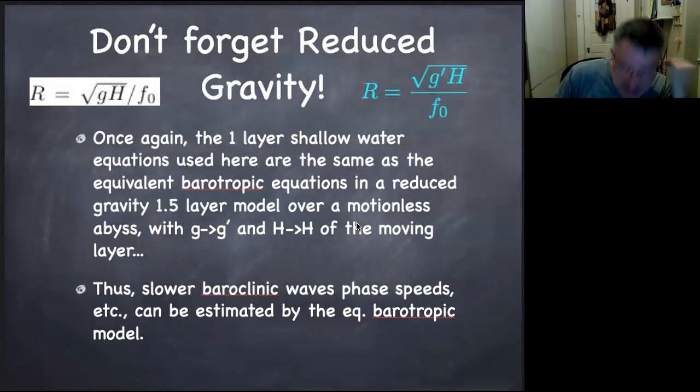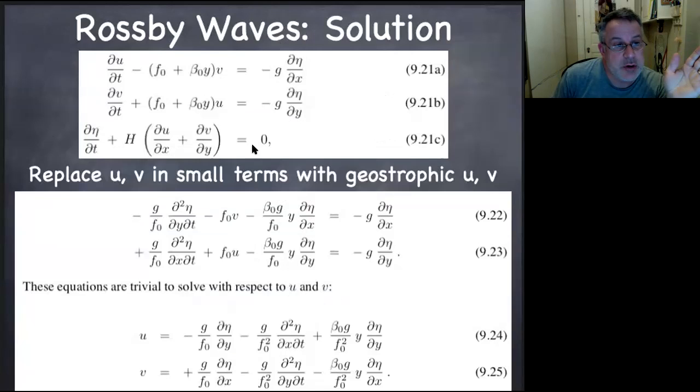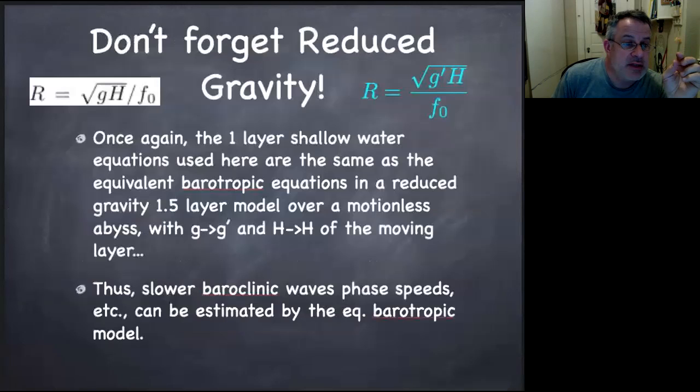Don't forget this whole question about reduced gravity that we talked about. So in the shallow water equations, these are all solutions to the shallow water equations. We could have also used the reduced gravity shallow water equations, in which case g is replaced by g prime, which is just the g scaled by the density difference between the upper and lower interface, the relative amount. And H is just the thickness of that upper layer. And if you have that, then you can slow down these Rossby waves even more so. And you get this smaller deformation radius, which goes with g prime times H over f naught instead of full g times H over f naught.